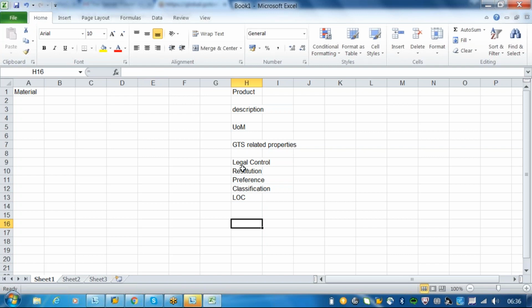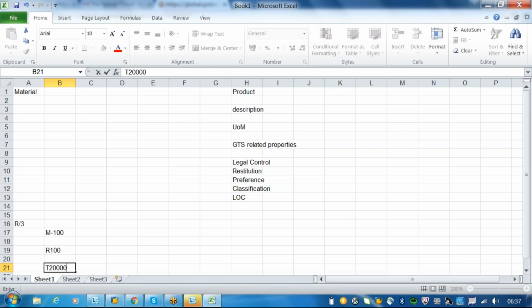Now, legal control. In R3 the MM team will create one material, using either an external or internal number range, and they will get one number, for example M-100, or R100, or T2000.